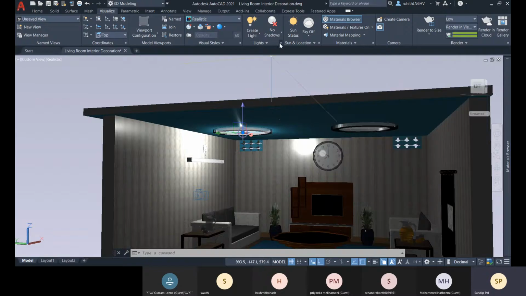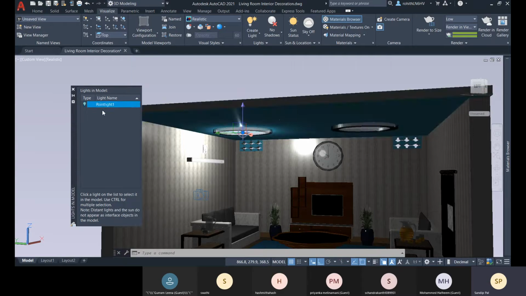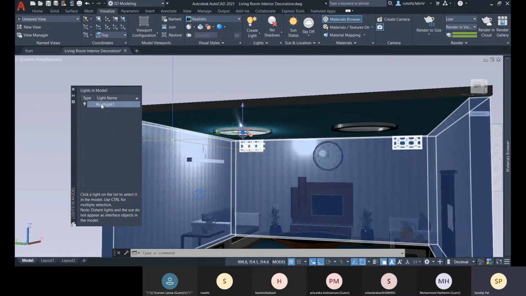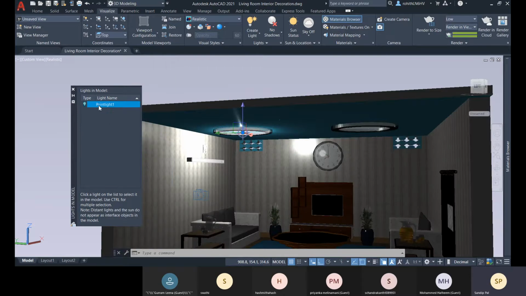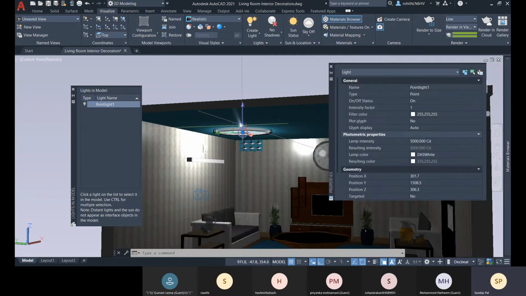Okay, we also have this light list. This is your light list, showing how many lights are placed within this list. You can see it, and you can directly go for that. You see this is right now selected. If you double click on it, this property palette will open for this light,